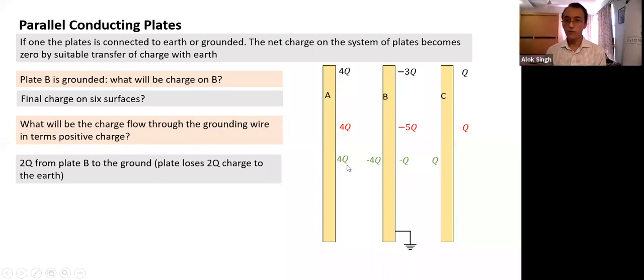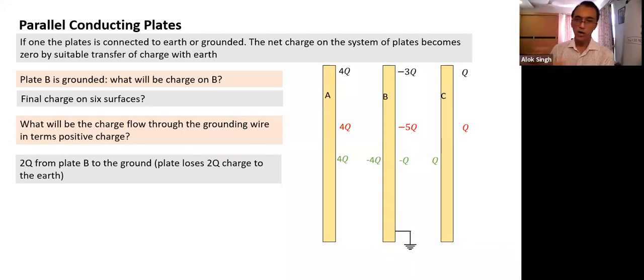And what is the potential of A? It will be higher by how much? E into D. What is E? E is charge 4Q divided by A epsilon naught, the field, into D. By that much, the potential of A is higher. All of you understand potential difference and potential. In this case, I can calculate the potential of A. In a similar way, I can calculate the potential of C also. And I can calculate the potential difference between A and C also.